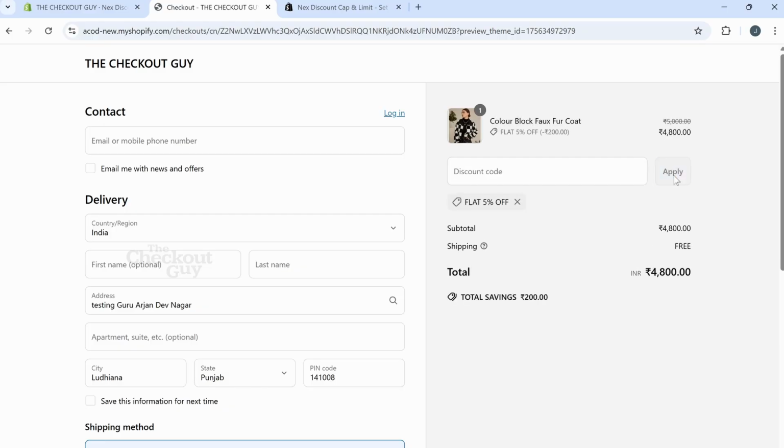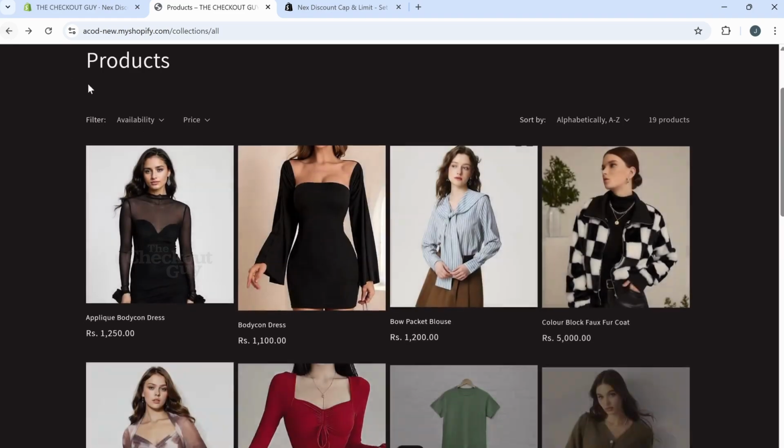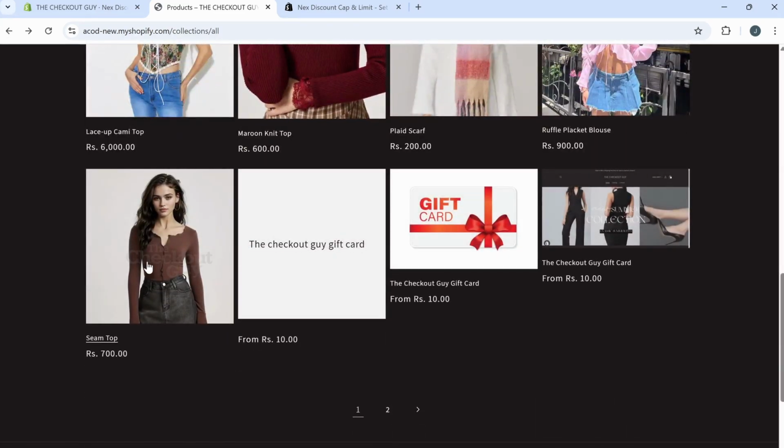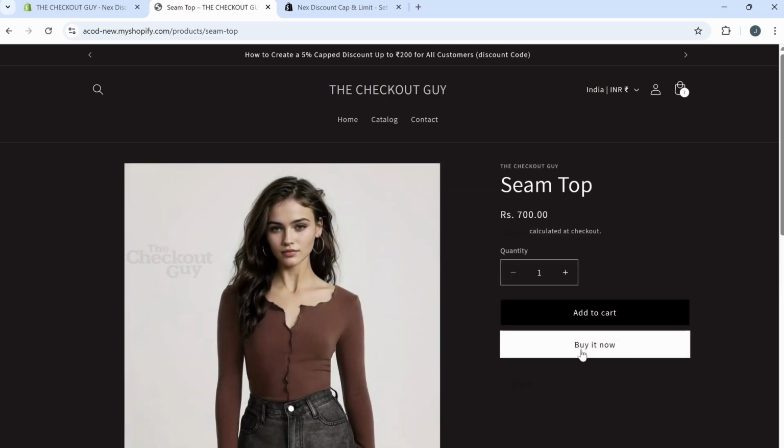So the discount has been applied and the 5% of 5,000 is 250, but it is not exceeding the capping amount as we have set. Now I will try to test with any another product which doesn't exceed the capping amount. For example, for this product,